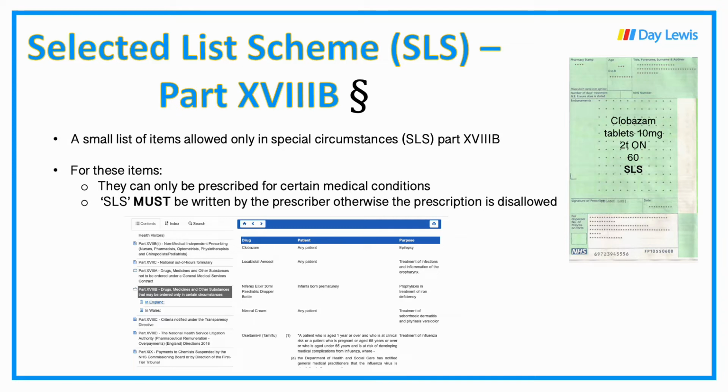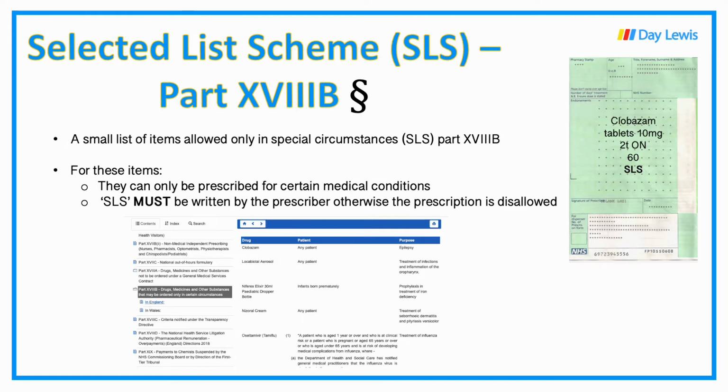This is so the NHS BSA know that the prescriber has identified this patient to have a specific ailment, and so this drug is appropriate for them. So in order to be paid appropriately, the prescription must have SLS written on it,